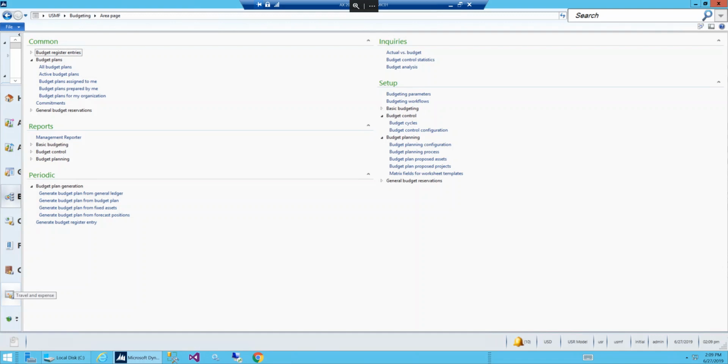All right, so for our demo today, we're going to create our own budget plan in our AX 2012 environment. This is a demo environment, so there is some configuration that's there. Some of it I've added in already, so we'll just walk through that as we go. And some of it I'll create from scratch as we walk through it. Okay, so starting with that, let's actually dive into